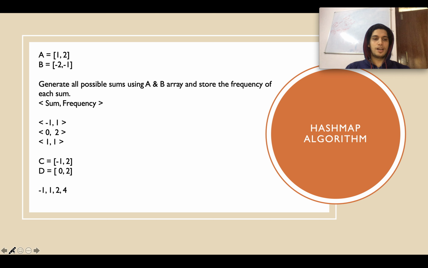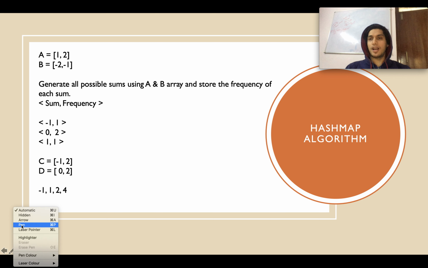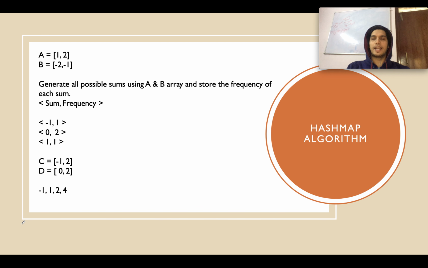Starting the slideshow, how are we going to solve this problem? If you have done Two Sum in the past, or Two Sum II, or Three Sum, you will get some idea that this can be solved using a hash map approach. In those questions, you are given an array and you need to tell whether the sum of two numbers is equal to a particular number or not. The optimized approach for solving this is using a hash map with extra space complexity. So you are giving up on space versus the time complexity. The regular approach is of order n square. The optimized approach is order of n, using some extra space for the hash map.